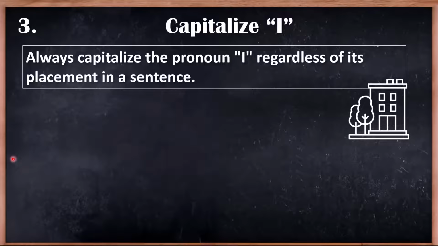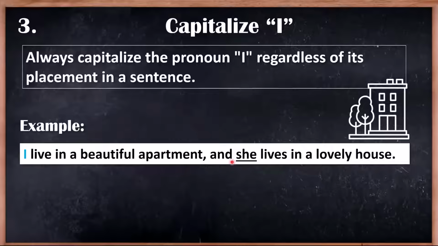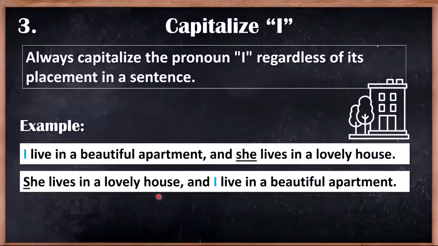Let's compare these sentences. I live in a beautiful apartment and she lives in a lovely house. She lives in a lovely house and I live in a beautiful apartment. You can see in the second one, both personal pronouns are capitalized, and that's because I is always capitalized, if it's at the beginning of the sentence, like in the first example, or if it's in the middle of a sentence. Whereas the other pronouns, such as she or he, are not capitalized unless they're at the beginning